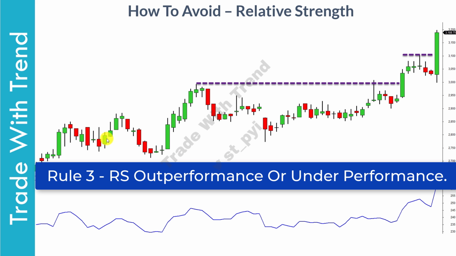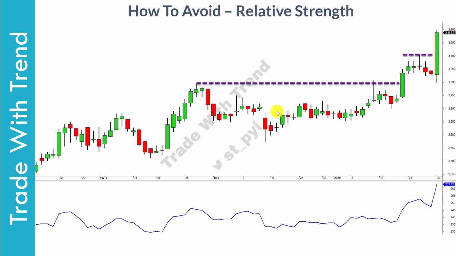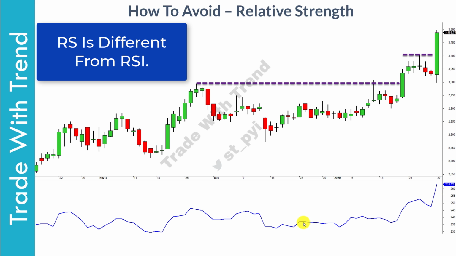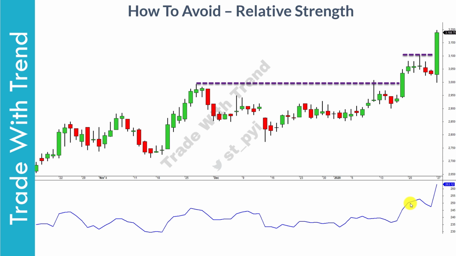So the third rule in order to identify false breakouts that I would choose is that of relative strength. Now, relative strength is nothing but price of stock divided by benchmark index. In this particular example, I've just divided the price of the stock by the Nifty 500 index. When relative strength is rising, that means the stock is outperforming, and when relative strength is falling, that means the stock is underperforming. So when you're trying to trade a breakout, always take the trade in a stock that is outperforming. This particular stock had a relative strength breakout above this resistance level here.